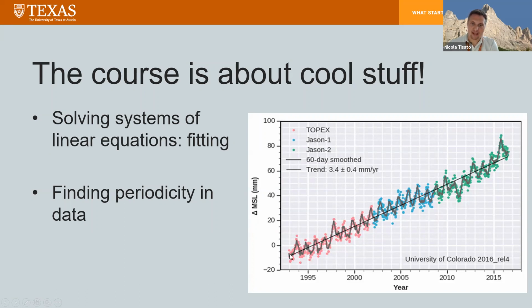And by fitting this data, we can find the general trend of how the sea rose in the last 25 years, but we also find the periodicity, how this rise has changed year by year. And this is important not only to create a historical archive of the data and try to understand the data in the past, but also to